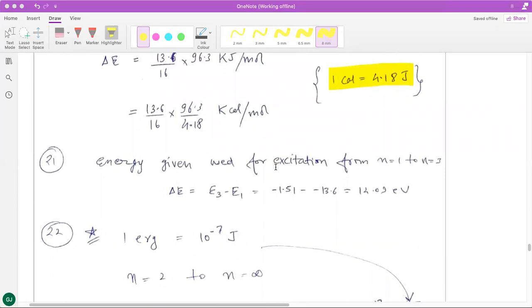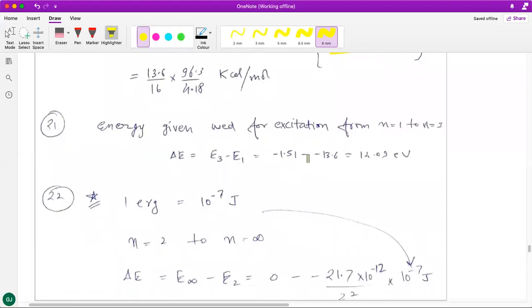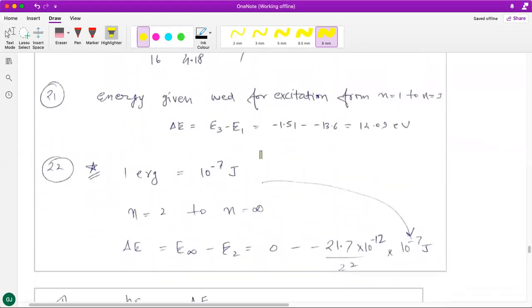All right, 21st question, in which an electron collides with a hydrogen atom and excites it from the ground state to n equal to 3. So just simply understanding, again remembering the energy levels of the hydrogen atom, I can get how much is the minimum energy required to excite the electron. This was pretty simple and straightforward. It would have saved you time if you remember the energy values of the hydrogen atom.